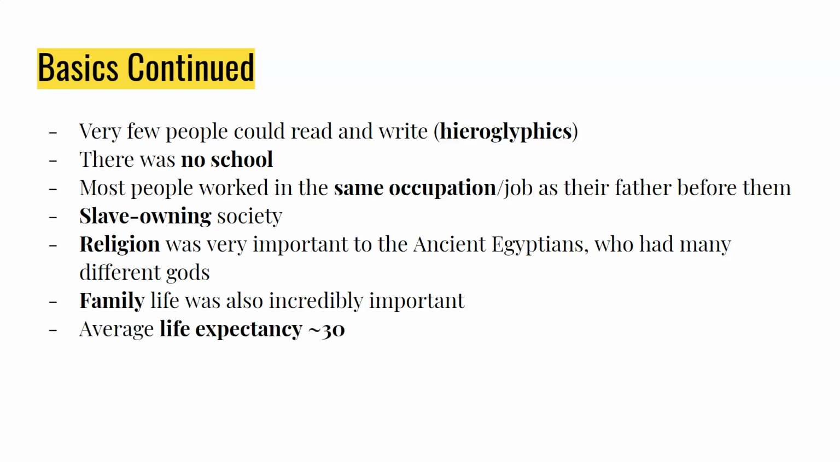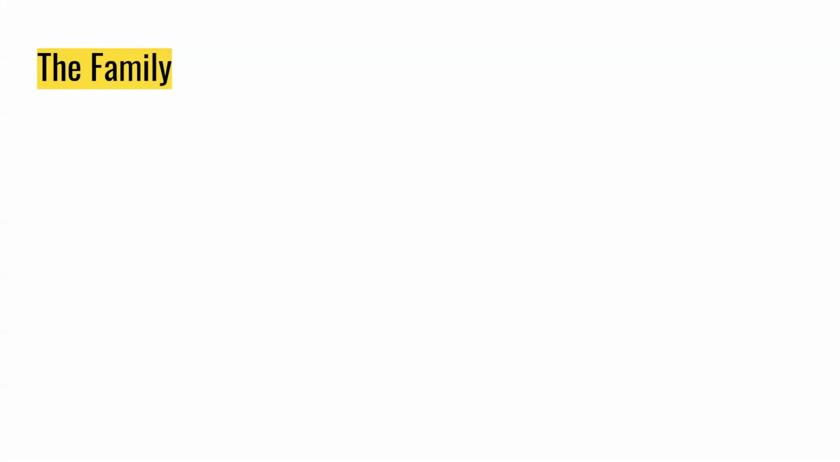And the average life expectancy of ancient Egyptians was only about 30. And there are a couple of reasons for that. Short, brutal lives, and also the fact that about 50% of all children under the age of 10 died before their time due to disease mainly. So the family, which was the most important unit of social organization,